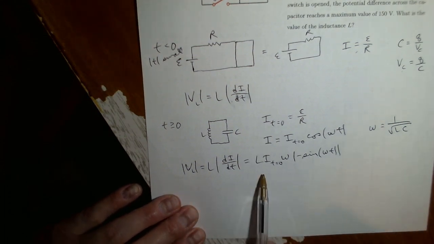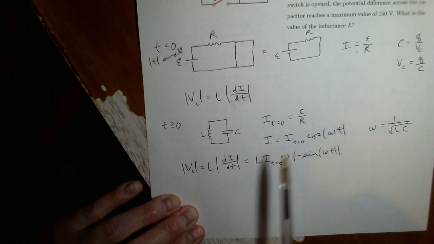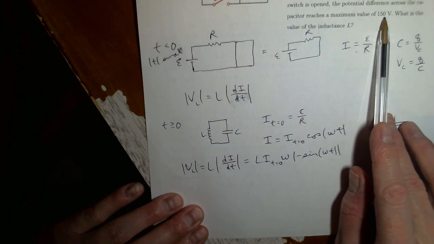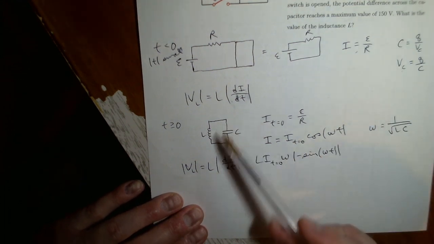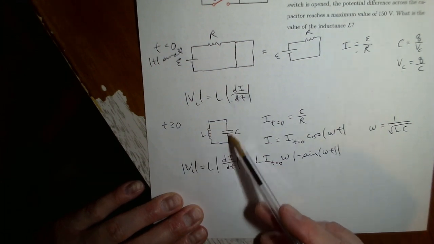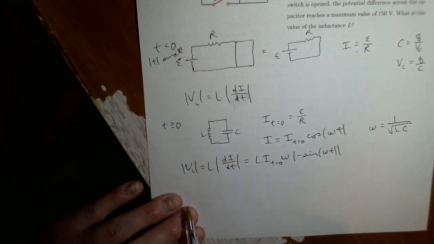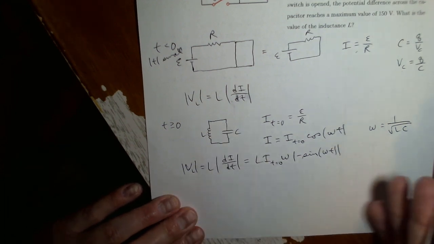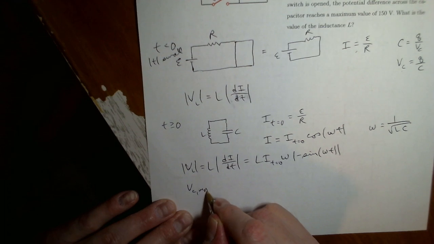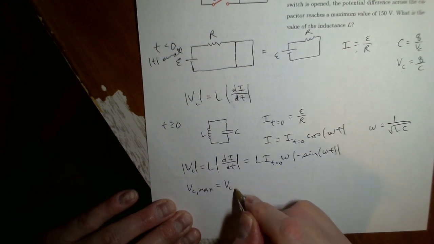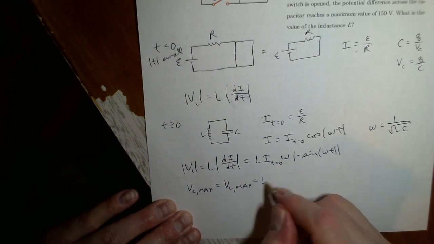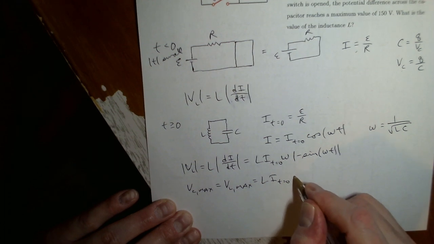So what we're interested in this problem is the maximum potential difference across the capacitor. The maximum potential difference across the capacitor is the same as the maximum potential difference across the inductor because of the loop rule. When VC is a max, VL has to be a max going the other way so that the sum of the two is 0. So in other words, VC max